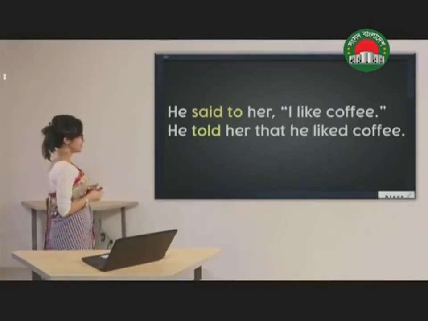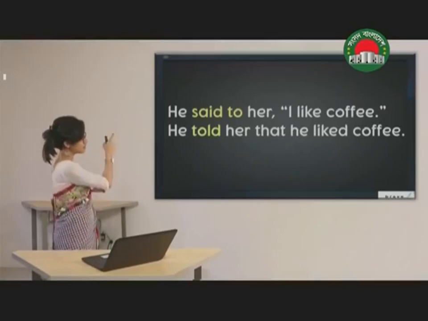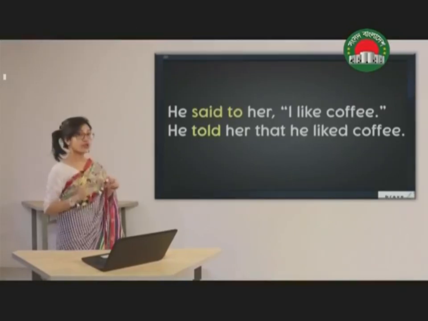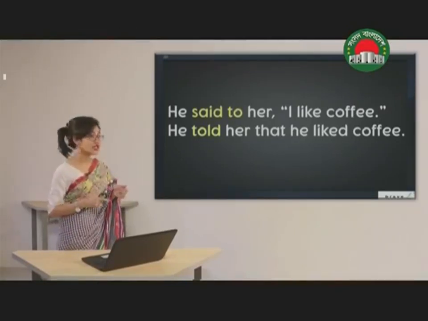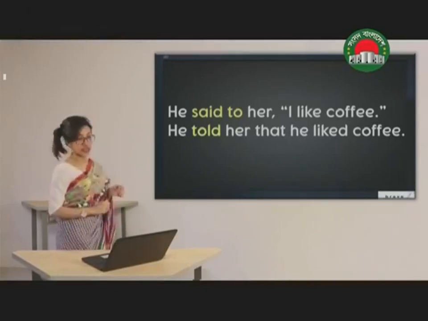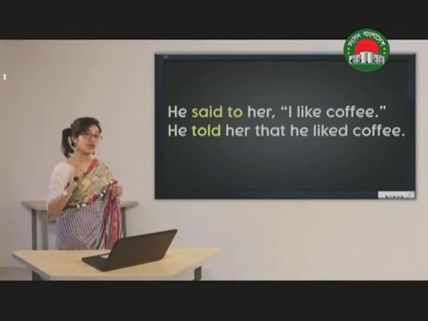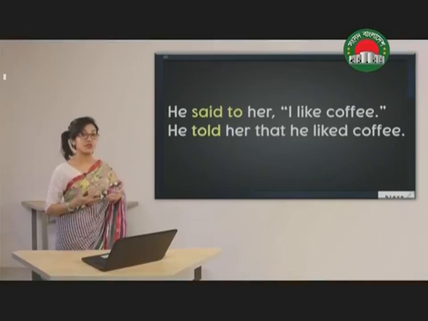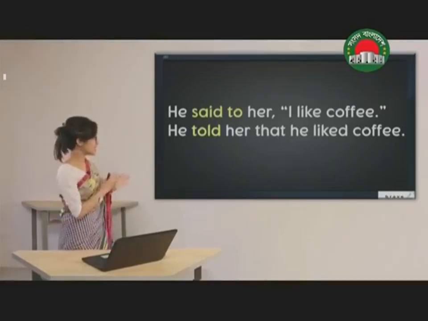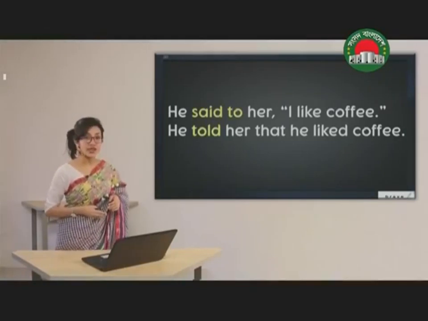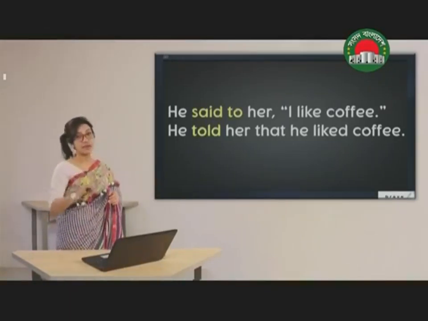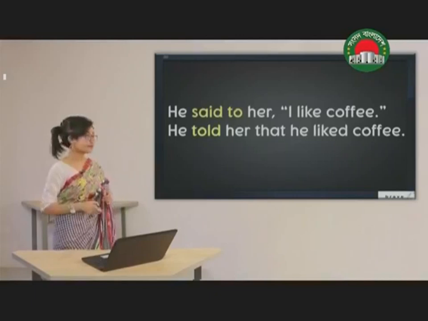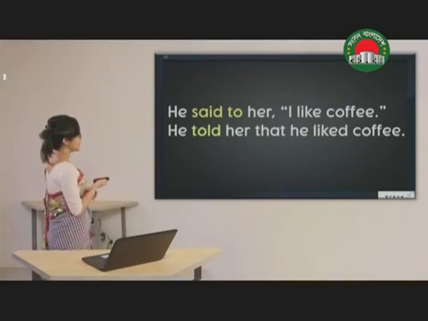As you can see in here we have I, that means the first person. So according to the formula, how are we going to change it? Since it is first person, we are going to change it according to the subject. So who was talking? Who was the speaker? The speaker was he. For that reason, we have used he in place of the pronoun I. Let's look at the second one.